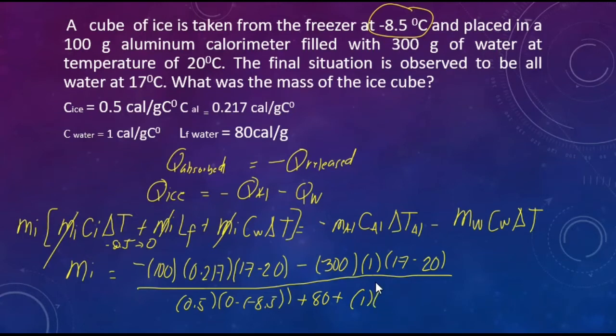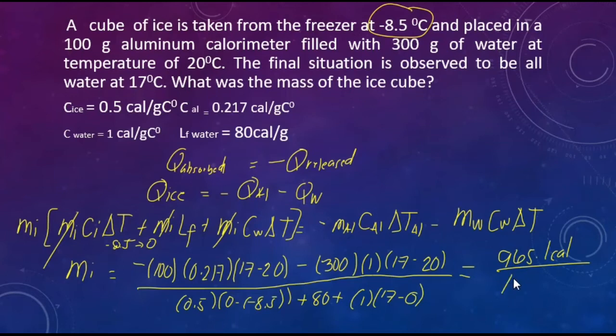And then delta T for the melted ice would be the final temperature, 17, minus, of course, 0. Okay? Because it has melted at 0. Okay? So, calculating this one, this one will be equal to 965.1 calories